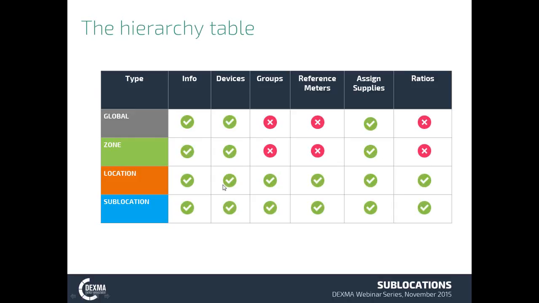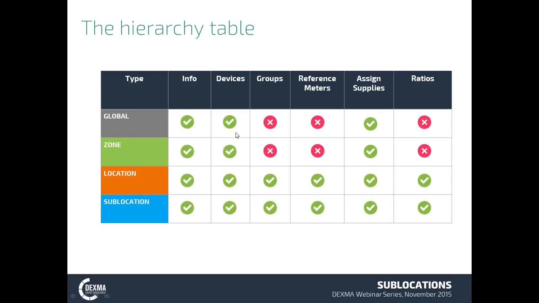So for instance, for a location and a sublocation, basically it's the same kind of element. So you can perform exactly the same actions using a location or a sublocation. But we added some enriched capabilities to the zones and to the global in order to allow people to use the heritage concept and the supplies assignments, right? So from next week on, the global and the zone would have information data available